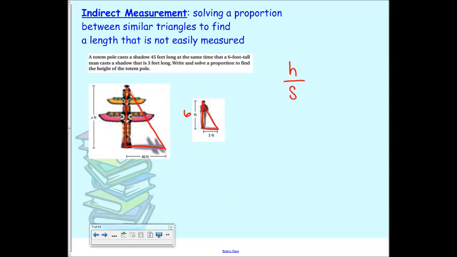So what's the height of the totem pole? X. I don't know how tall it is, so I'm putting X. How long is its shadow? 45. All right. What's Bob's height? 6 feet. And how long is Bob's shadow? 3. So now I have a proportion that's going to let me figure out how tall this totem pole is